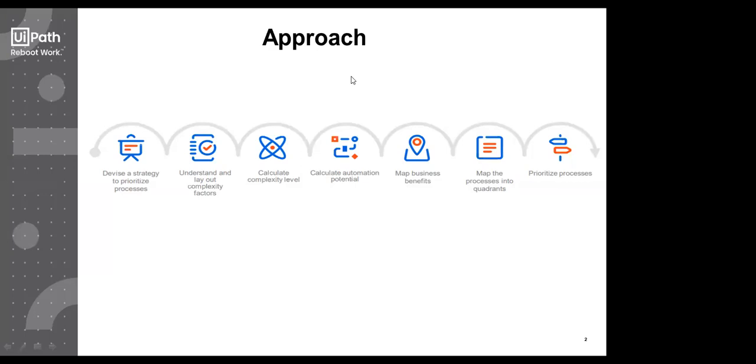Or if you do not automate that previous process whose output is acting as the input to the process you've been automating, and it is still being done by humans and the error rate is high, then your process would also get affected. So accordingly, you decide, and for that, you need to have a bigger picture. You have to analyze all the processes, all the applications involved in the solution. Then you map in the business benefits, that what does the business actually want.